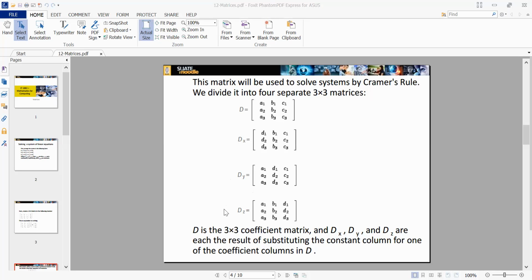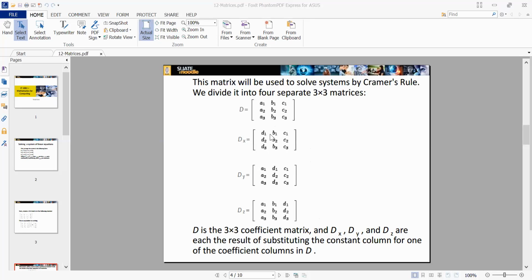If you have a 2 into 2 matrix, then you have to create 2 extra matrices. In our case, we have 3 linear equations which have x, y, and z, which means 3 into 3 matrices. Therefore, you have to create 3 extra matrices, which must also be 3 into 3 matrices. So this is our actual matrix.